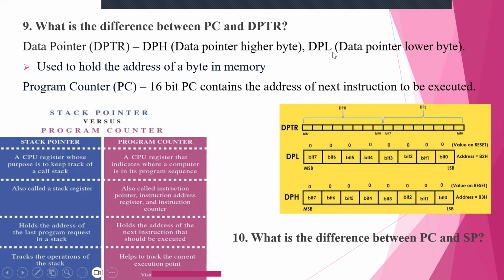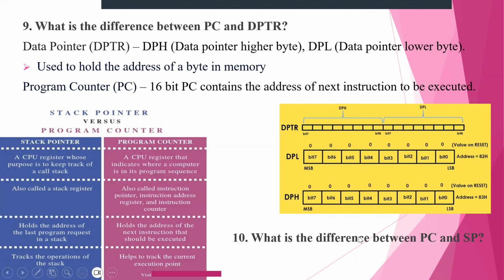Data pointer high is the byte at the higher side, higher value, higher address. Low means the data pointer at the lower side of the address, LSB, MSB. So here you can see this is DPTR 16-bit, where it is divided as high and low. High is bit 0 to bit 7, and its address is 83H. It is 82H for